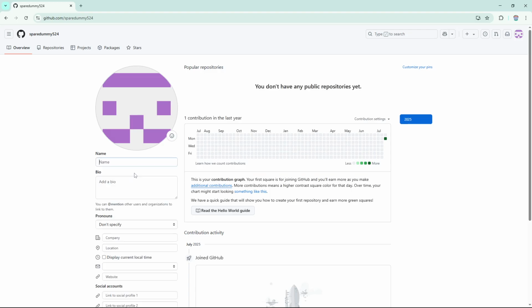This is where you can personalize various aspects of your account. Since today our focus is on changing the name that's displayed to other users, look for the field labeled Name. Here, you can enter the new name you want to use on GitHub. This could be your full name, a nickname, or any moniker that best represents how you'd like to be known